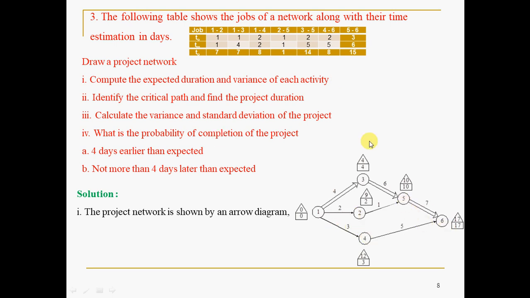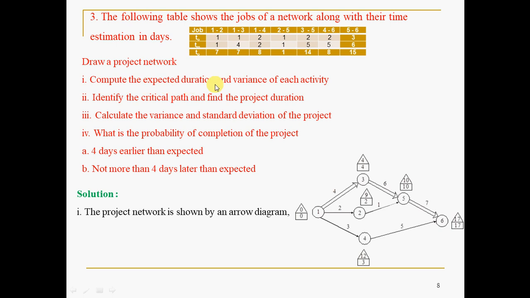It's like building blocks, following some logical relationship, whatever is given. So, this 1 to 2, 1 to 3 has been converted into the form of a diagram known as an arrow diagram, also called a flow diagram or network diagram. They are all one and the same. This you have answered. Draw a project network.